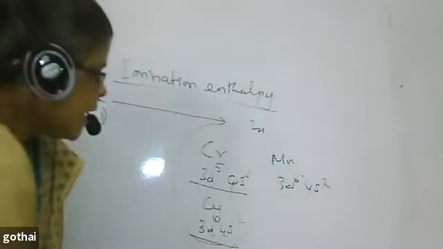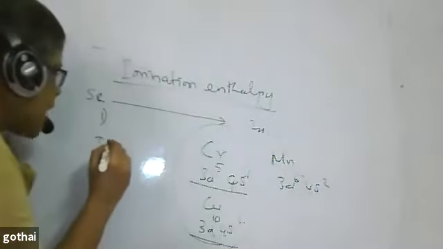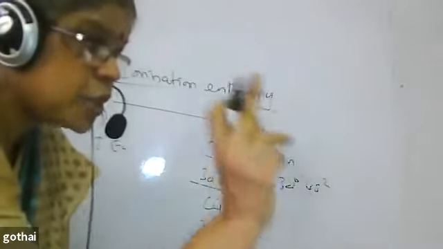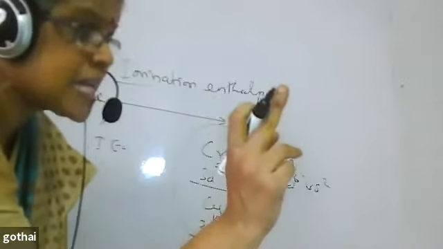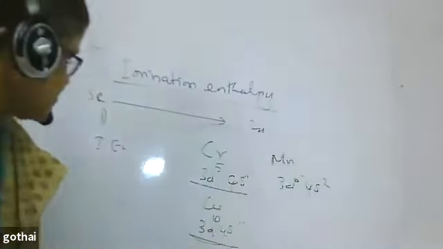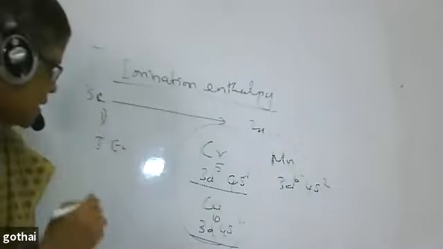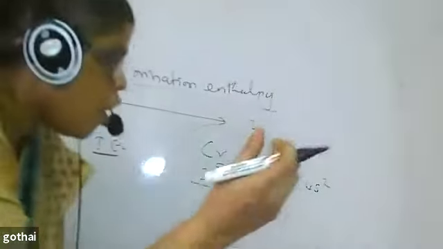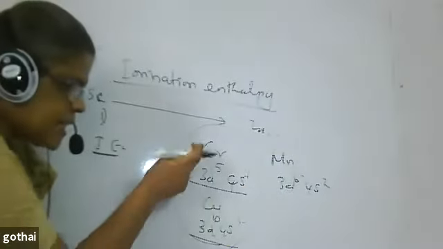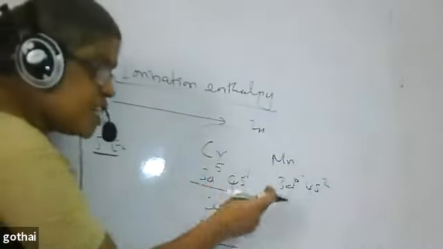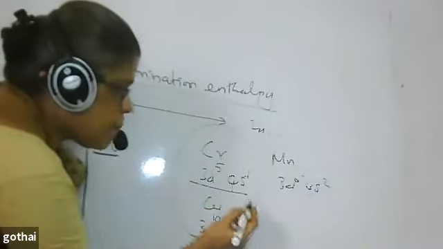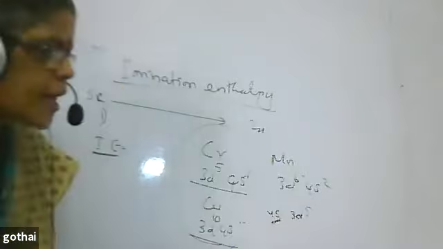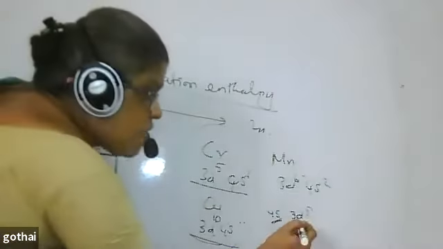They are telling that. Why? Here, when I talk about ionization enthalpy, ionization enthalpy is the amount of energy required to remove the outermost electron of an isolated gaseous atom. That is called ionization enthalpy. But in the 3d series, ionization enthalpy is the sum of extra stability that arises. That is, an exchange of energy takes place because you are moving from 4s1 to 3d5. This 4s1 is a lower orbital, lower energy. This is of higher energy.